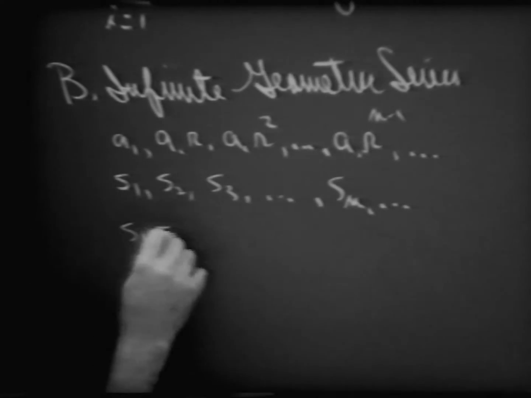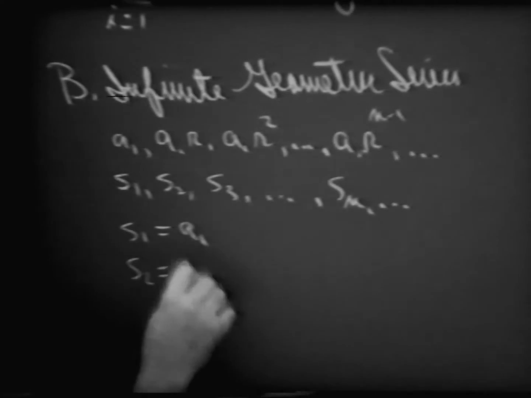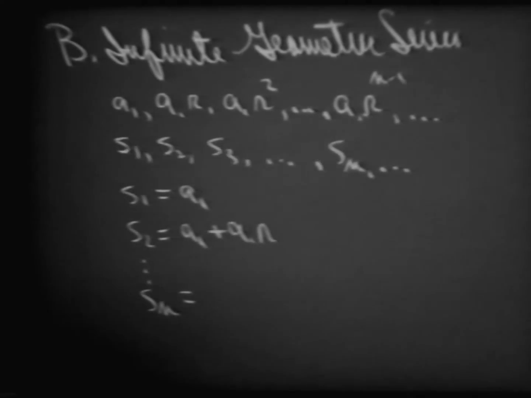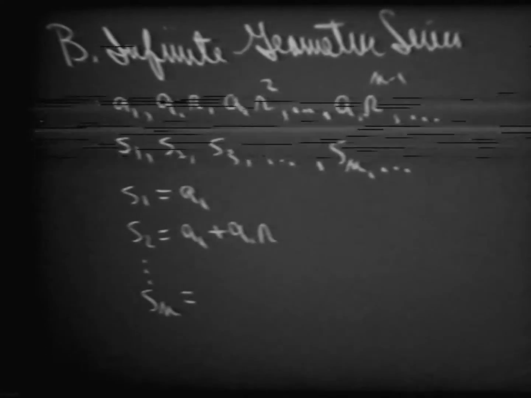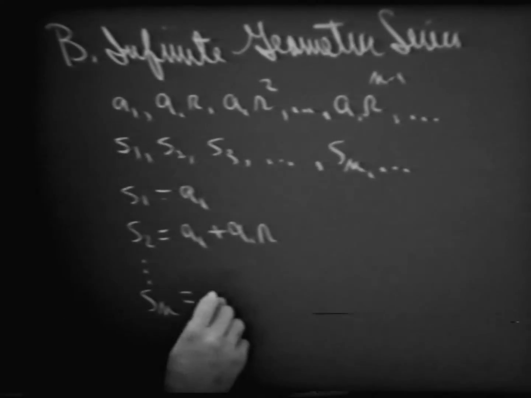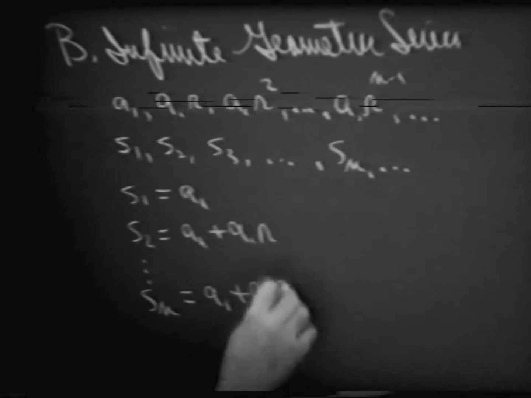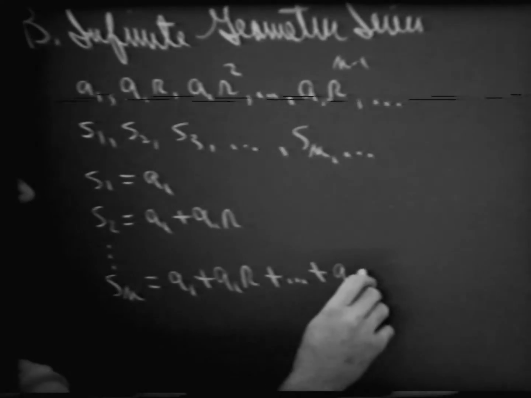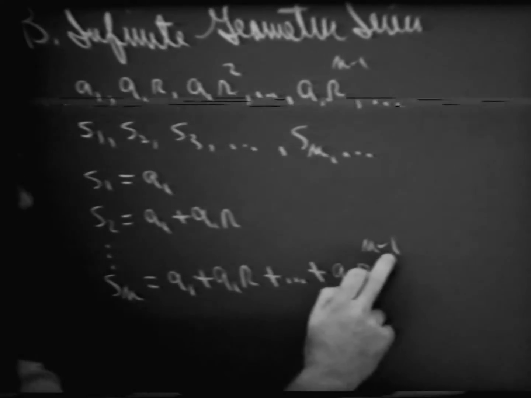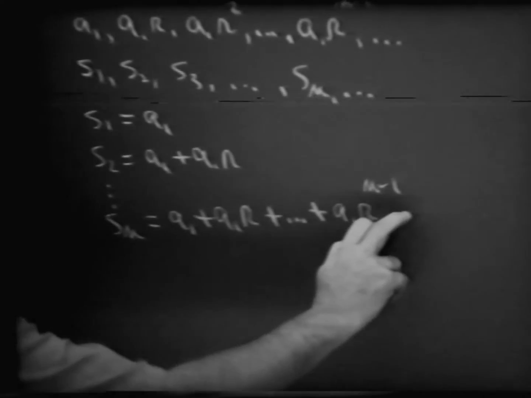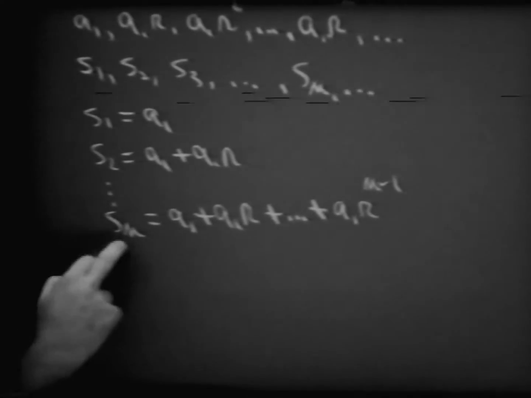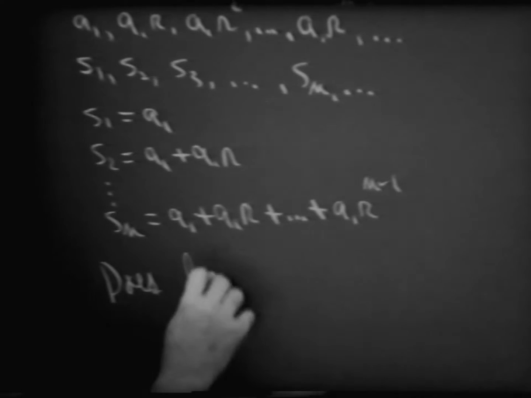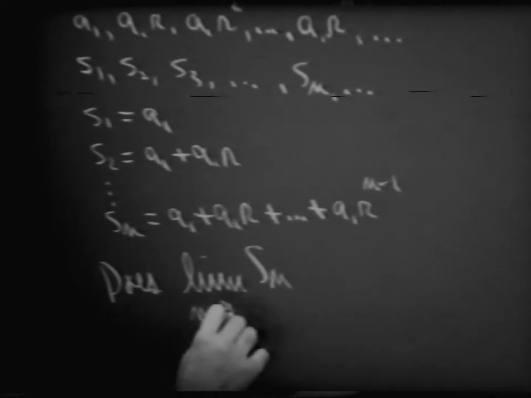In which we know that s sub 1 is the sum of the first term, s sub 2 is the sum of the first two terms, and so on. S sub n we know is equal to what? The sum of the first n terms, which is of the pattern what? A sub 1 plus a sub 1 r plus, and so on, and then what is the nth term out there? A sub 1 times what? R to the n minus 1. Now, notice here we can't put another plus on with some dots because this is the s sub n term. Is that right? Now, the question is, again, does the limit of s sub n as n goes to infinity